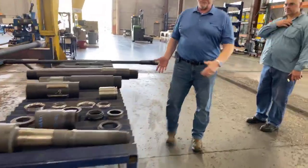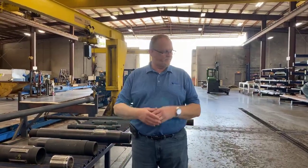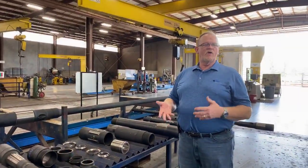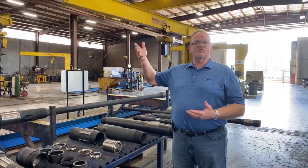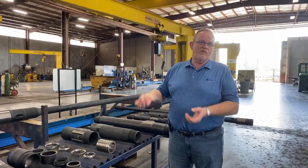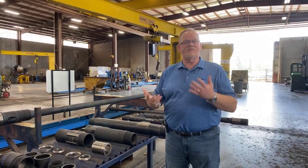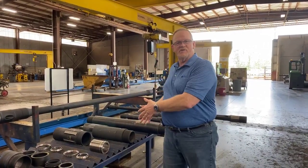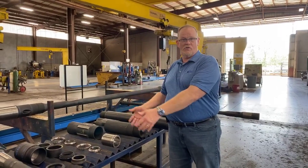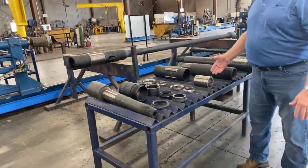So just so we can go over a mud motor, for a lot of people don't know exactly what we're talking about. For a mud motor, you really have 4 different sections. You have your top section, which is basically a float valve to allow the fluid going down through. Then you have your power section where the fluid pumps down through, and from there you have your transmission, and then you have your lower end. Your lower end consists of your drive shaft, your radial bearing,